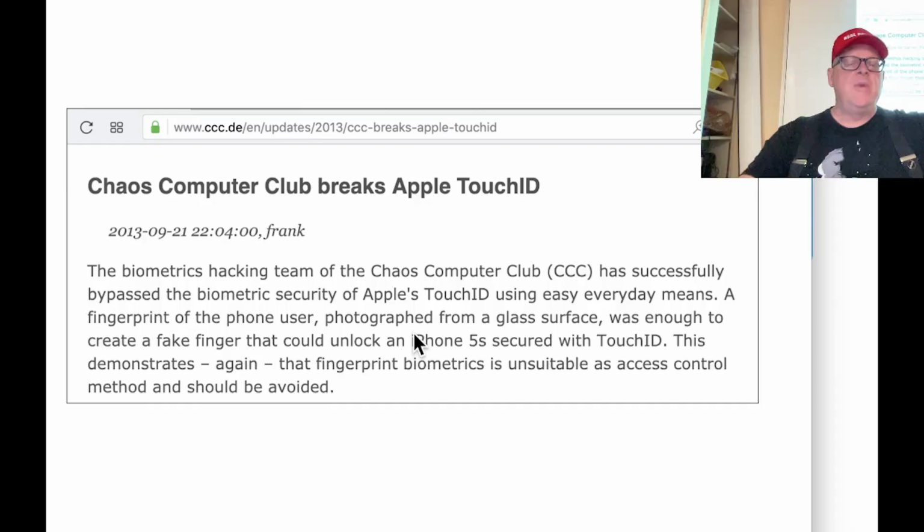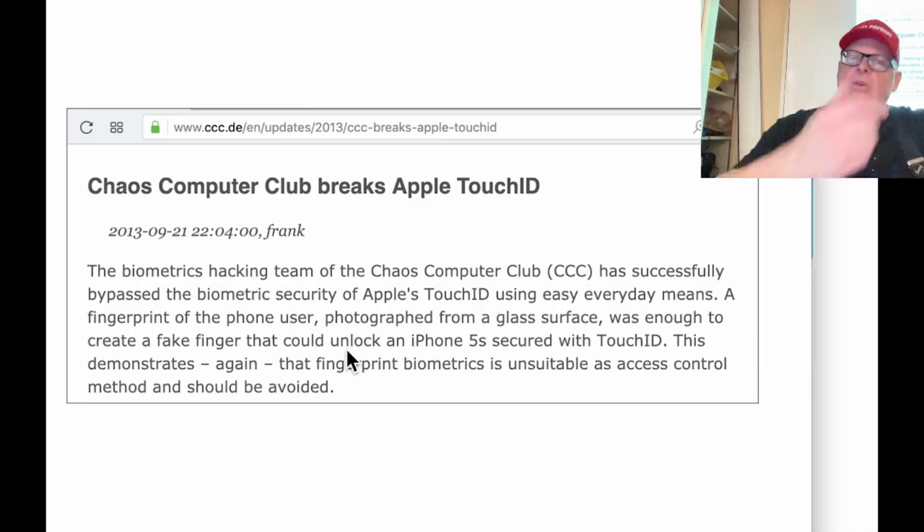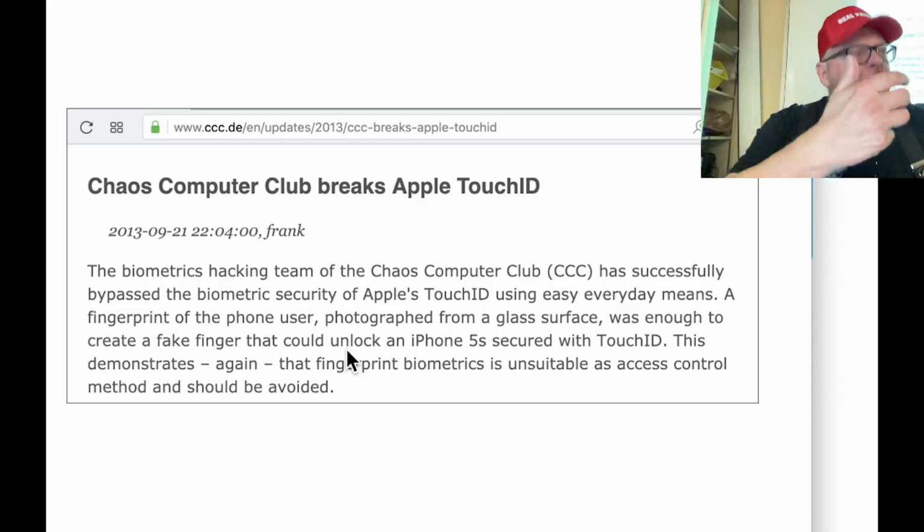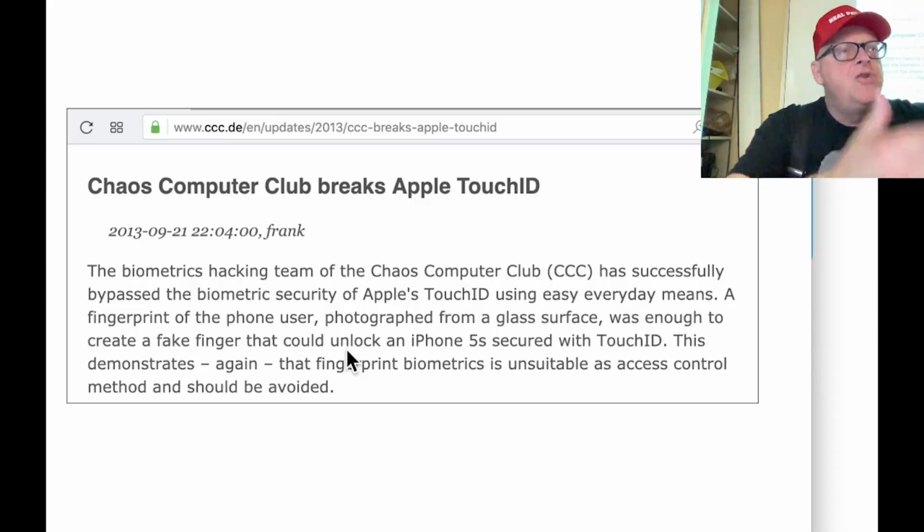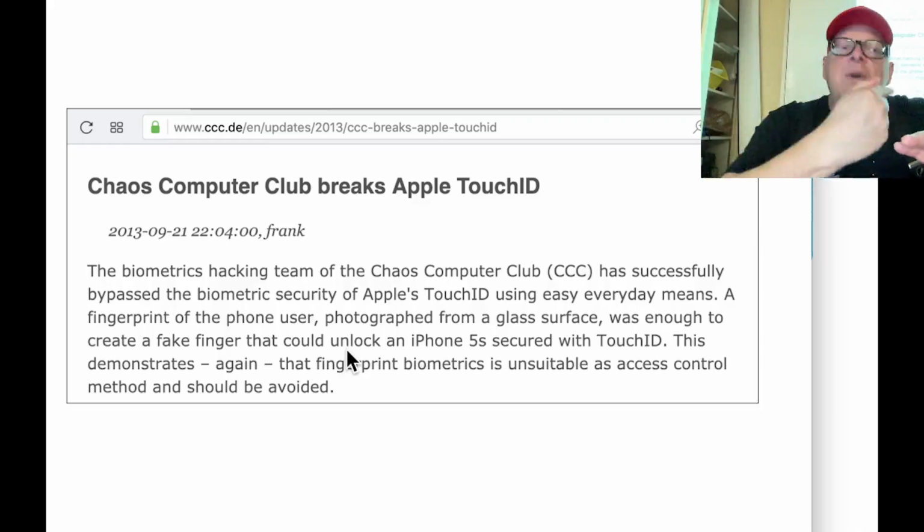You just lift your fingerprint from a glass and create a fake finger. You do this with silly putty and stuff. This is the problem with biometrics. They can take an accurate model of your face. Now, I've been told, I haven't tested it, that the face scan for facial recognition on the iPhone is not just a photograph, but actually sends out an infrared laser and scans the three-dimensional shape of